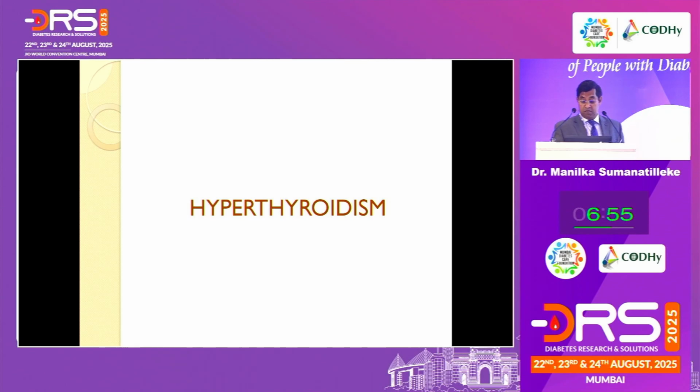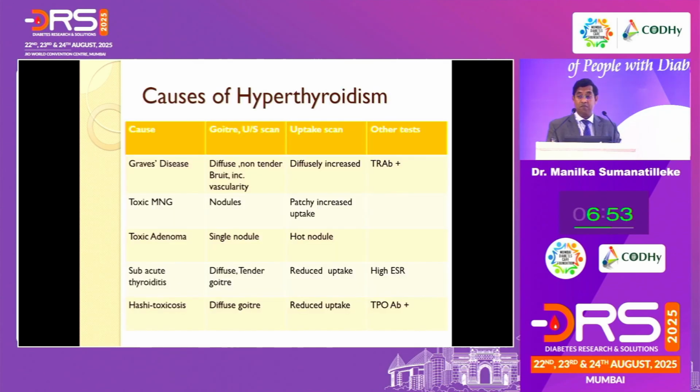So in the next 6 minutes, I'll have to cover hyperthyroidism. I have summarized the common causes of hyperthyroidism here, the commonest being Graves' disease: diffuse goiter, increased vascularity, increased uptake in the uptake scans, iodine or technetium, and TSH receptor antibody positivity. So these are the commonest thyrotoxic features. Then, of course, you'll get the toxic multinodular goiter and the other causes as mentioned there, and their findings. I have summarized this in the interest of time.